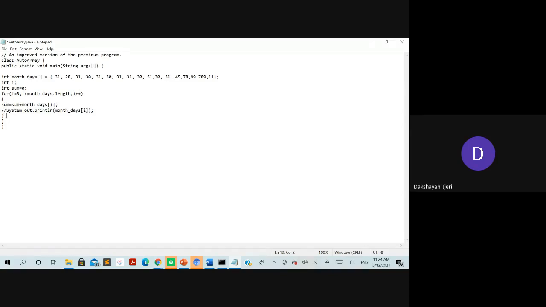You have to calculate the average, right? I'll take one more variable. So how to do the average calculation? Average is equal to sum divided by that array length, directly. Okay, very good. Sum divided by length.